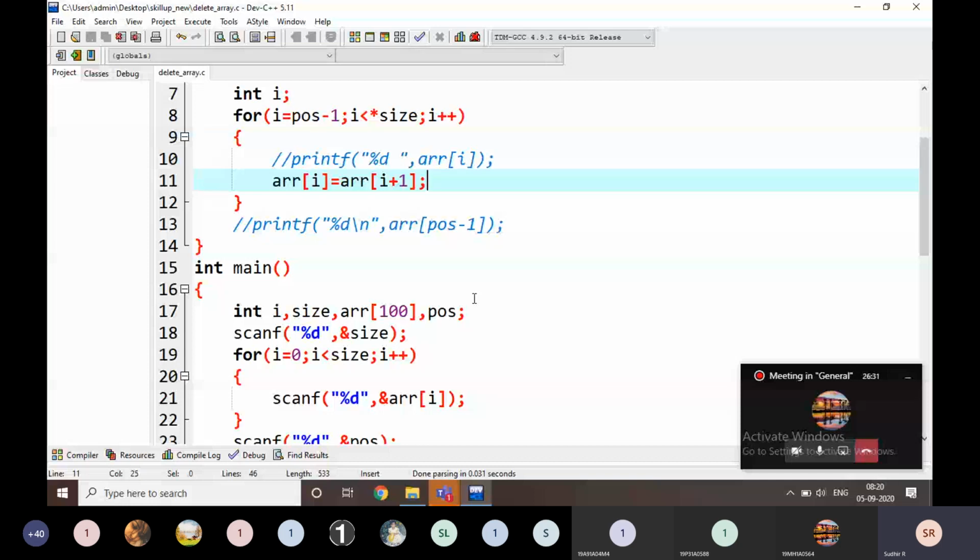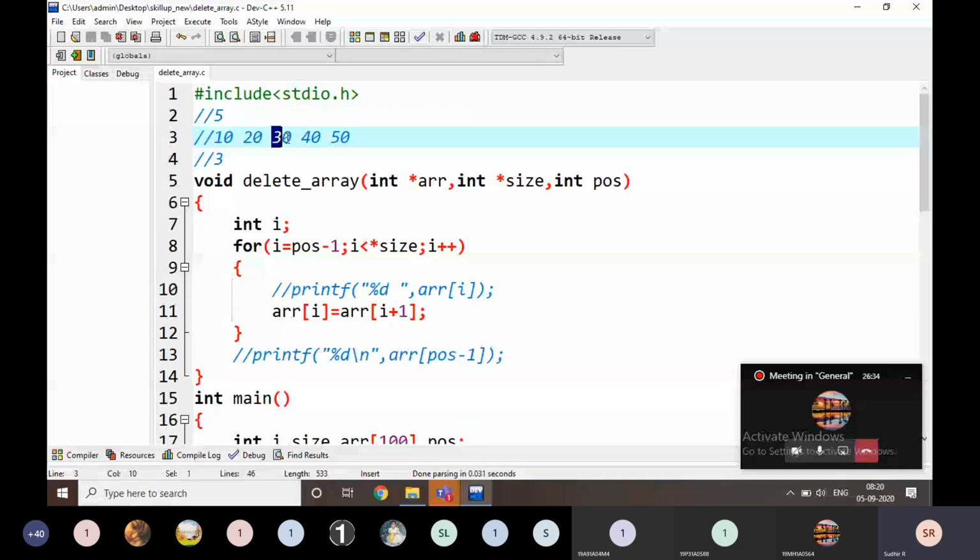Just observe, everyone. First of all, ARR of I means 30. In the place of 30, I am going to replace it with 40. Okay, this is going to be 40 like this.